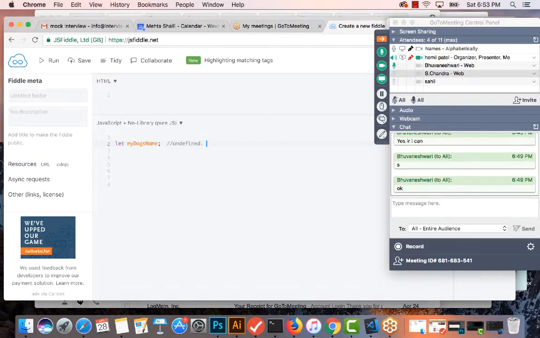So in JavaScript, when you define a variable but don't assign a value to it, which is fine,